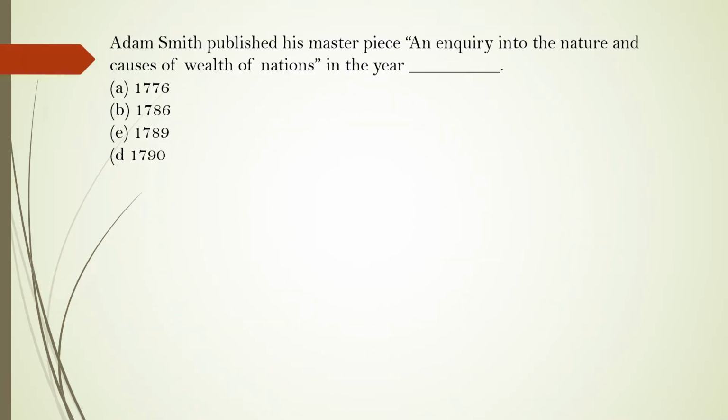Adam Smith published his masterpiece, An Enquiry into the Nature and Causes of Wealth of Nations in the year 1776. So which is the right answer among four options? The right answer is 1776. The next one is